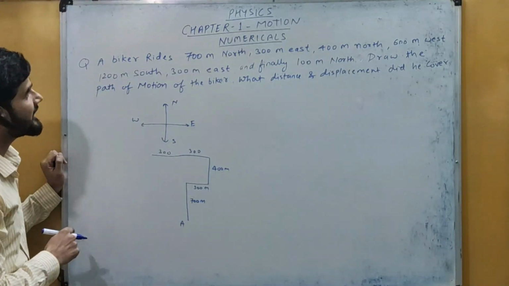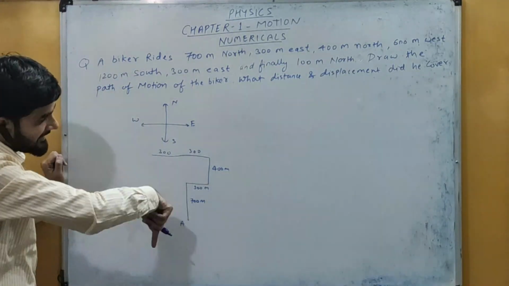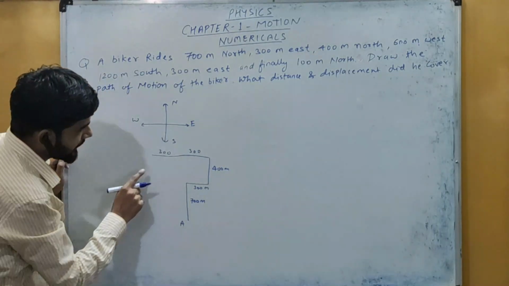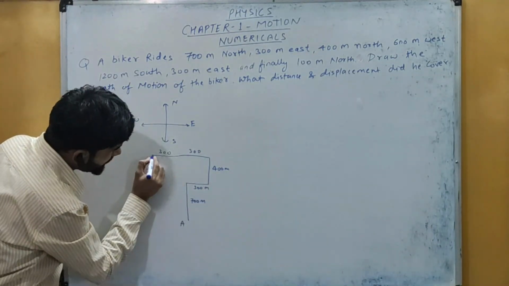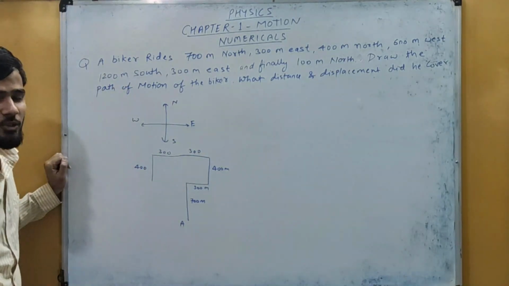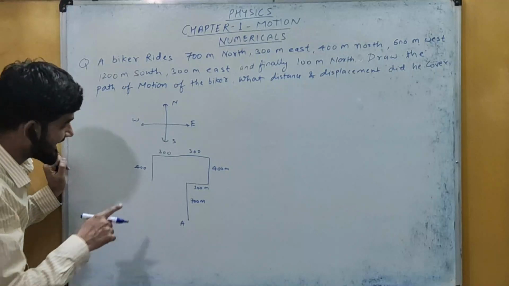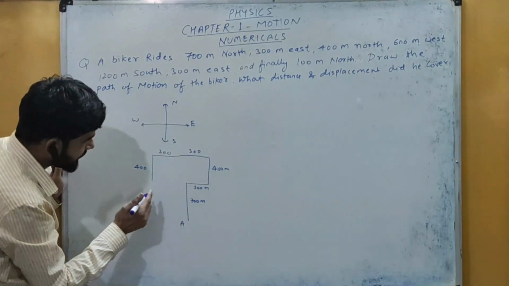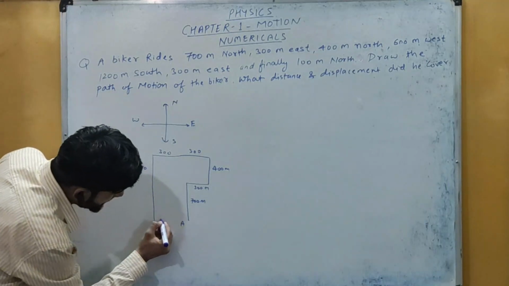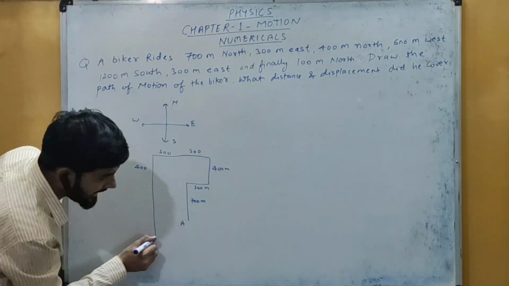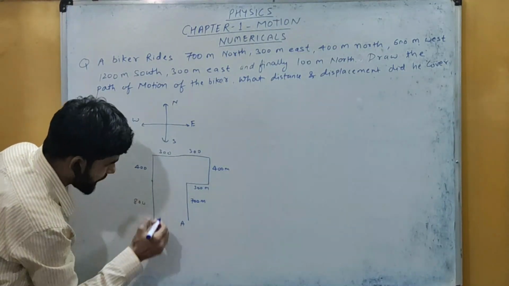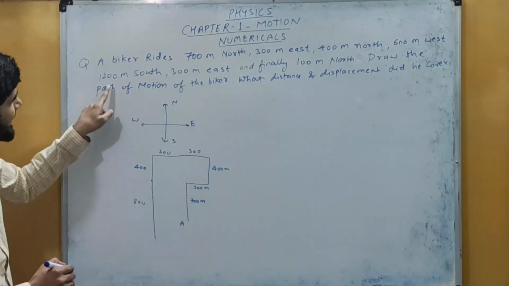Next 1200 meters south. South, that is in the downward direction, that is a total of 1200 meters. Now up to 400, यहाँ तो इतना हो जाएगा, मतलब ये कितना हो गया? 400. So 400 minus 1200. How much remaining? That is equal to 800. So here I will draw 800 more. So 800 up to here it will be 700, but I have to make 100 meters more. तो यहाँ से यहाँ तक कितना हो जाएगा? ये 800 from this point to this point. This total will be 1200.